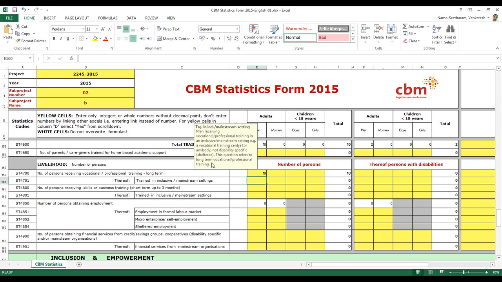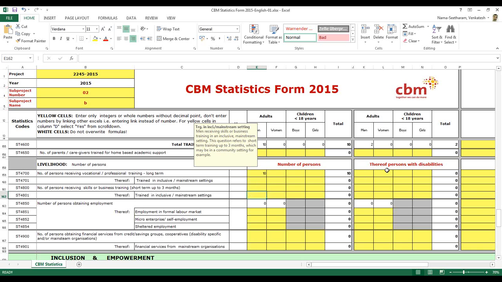This question refers to the long term, and in the same way the next line would relate to some business skills for setting up their own shop or something like that. And out of them, how many are trained in inclusive and mainstream settings?